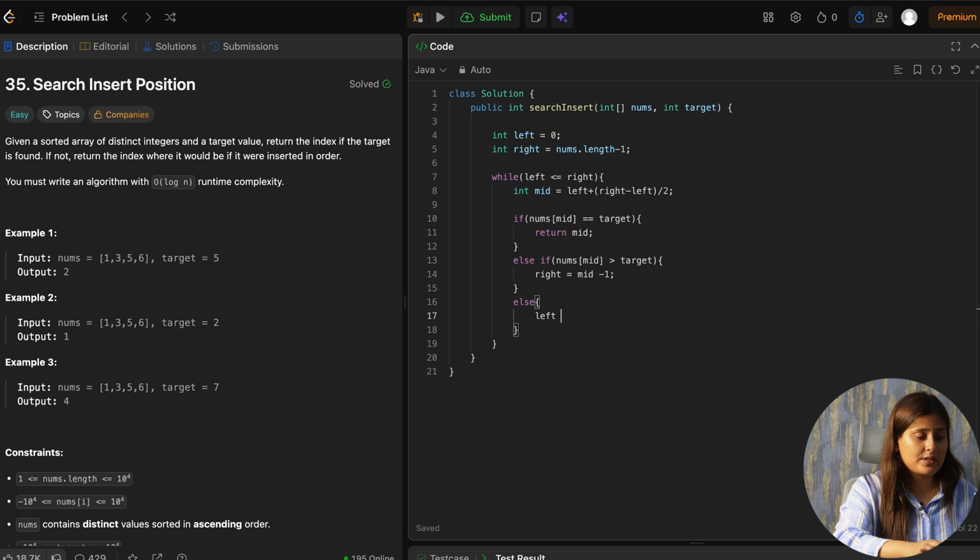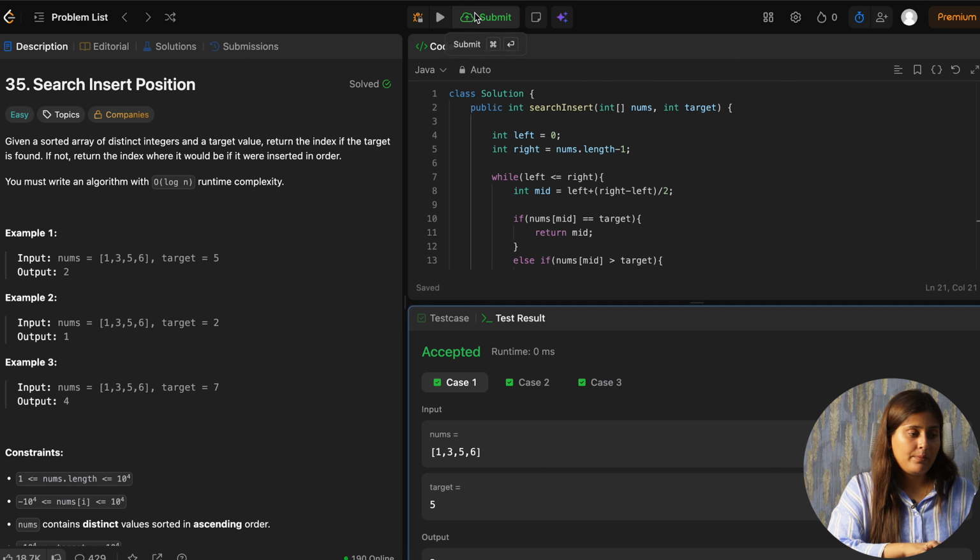Else our task is to shift towards the right side. So if we want to shift towards the right side, we have to move our left pointer. So we will do left plus is equal to 1. After coming out of the while loop, we can return our left pointer. And if we run this, it will pass, and if we submit this, it will be faster